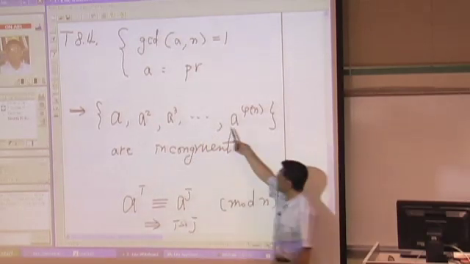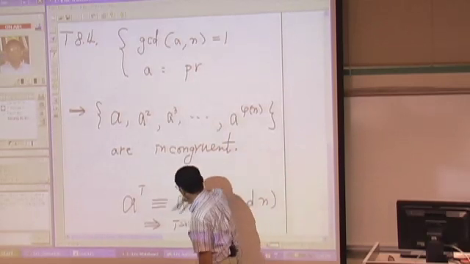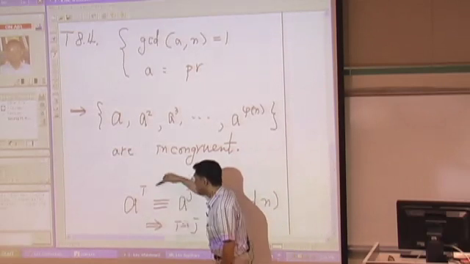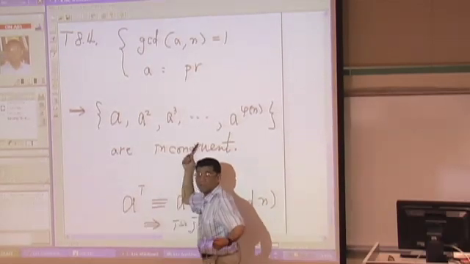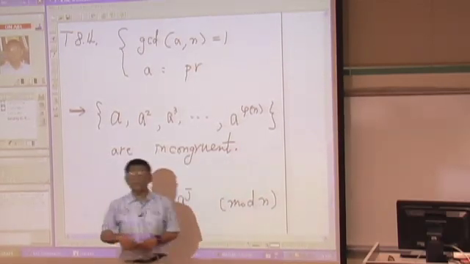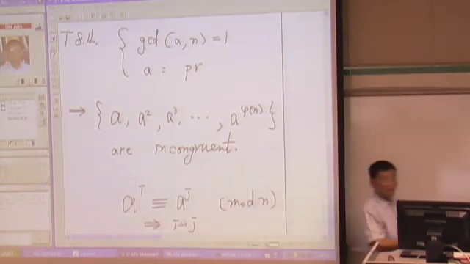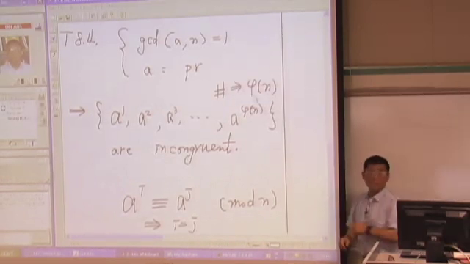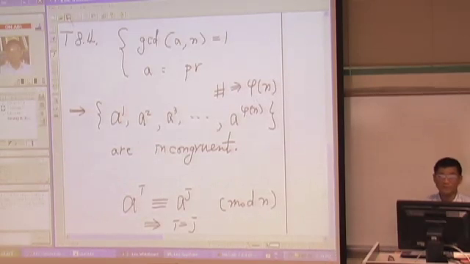So that means the only way to achieve the congruent one is starting with the same number. If we have different starting points, then we have different ends. In other words, they are incongruent. How many incongruent numbers, as you can see? From 1 through what? From 1 through phi of n. So the total number of these is phi of n. So this is the first part. And the next part is